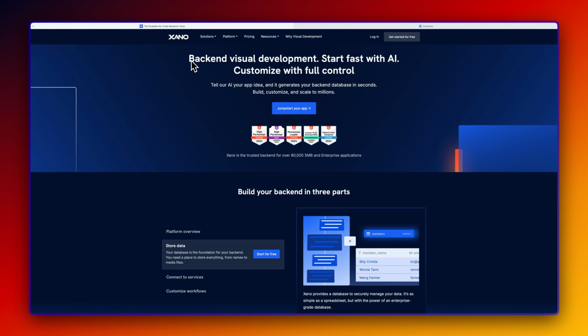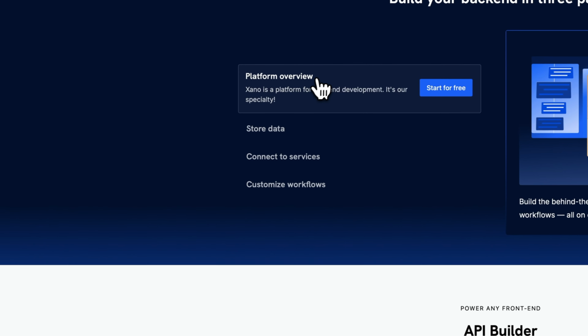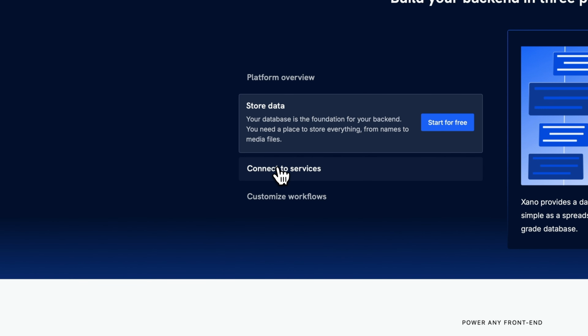And so here we are on Xano.com, and this is backend visual development. Start fast with AI, customize with full control. Test our AI, tell our AI your app idea, and it generates your backend database in seconds. Build, customize, and scale to millions. Okay, and so if we keep scrolling, you're going to be seeing the platform overview, store data, connect to